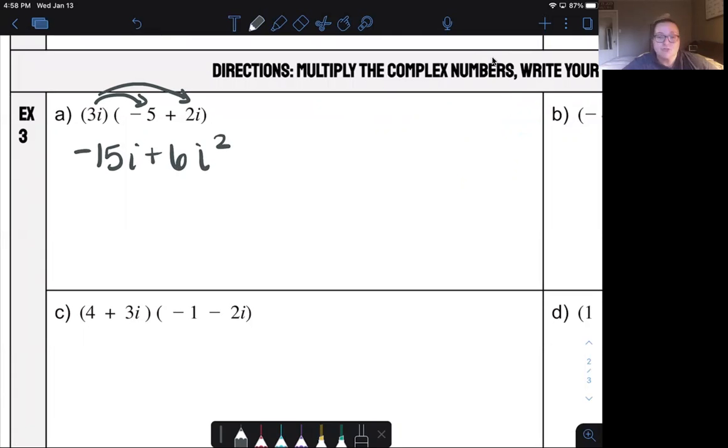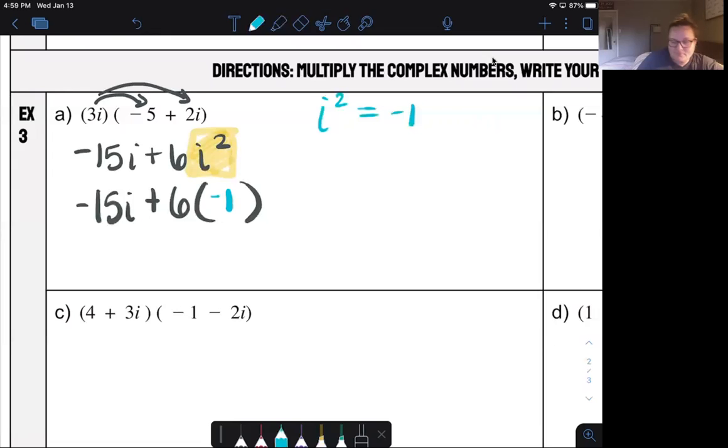Something we have to look out for is i squared. What did we learn earlier in this lesson that i squared is equal to? Isn't i squared equal to negative 1? So that means I can replace i squared in this complex number. You're never going to have a final answer that has i squared in it. You're always going to simplify it, because that i squared can be replaced